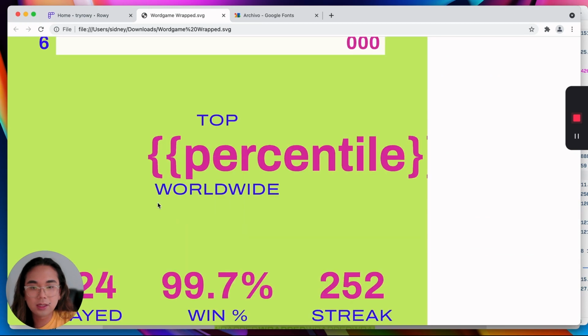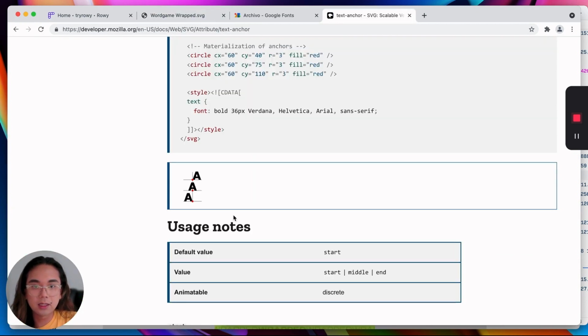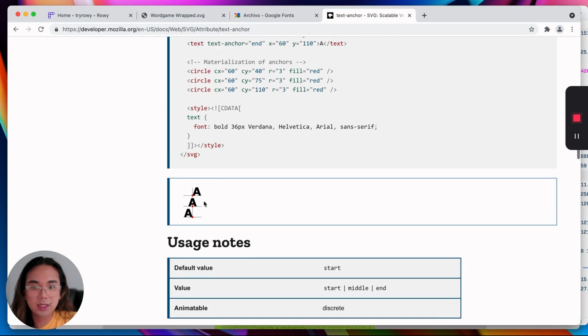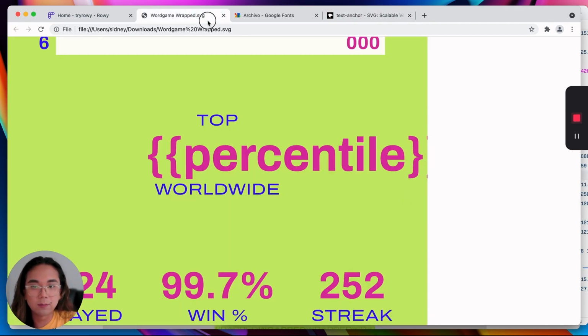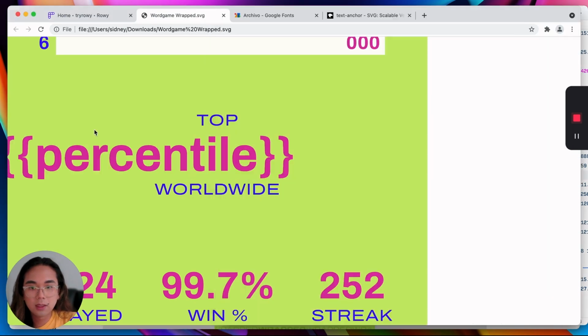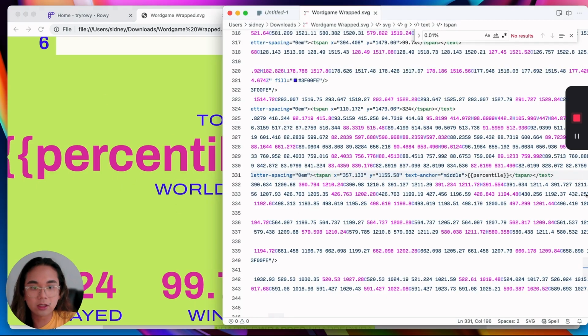And there it is. Now it looks like it's being aligned to the left, but we want it to be centered aligned. So in SVG, there's something called text anchor, and that will change where SVG will draw the text from. So let's change that to middle. And it looks like it's being anchored to the same point, but centered from there. So we'll need to change that anchor. So that's going to be this X coordinate here.